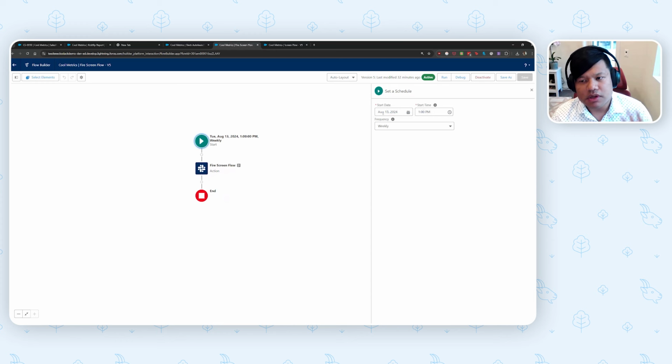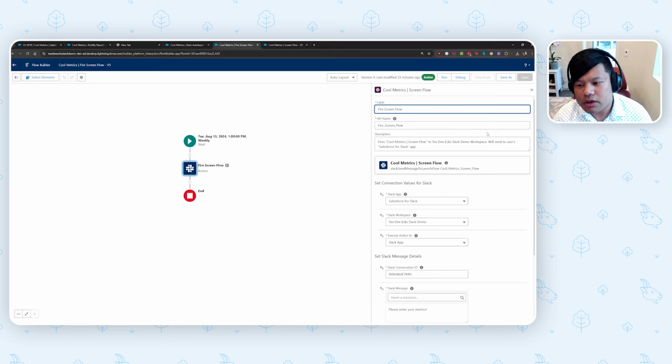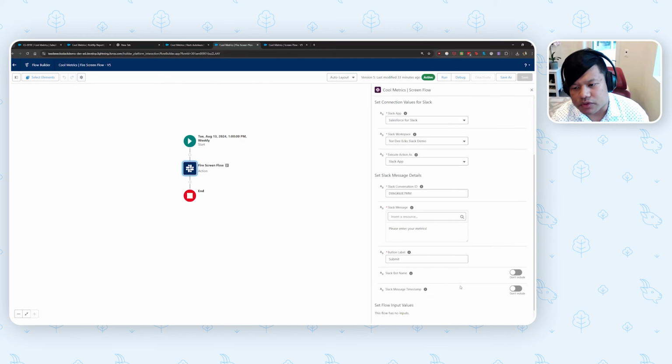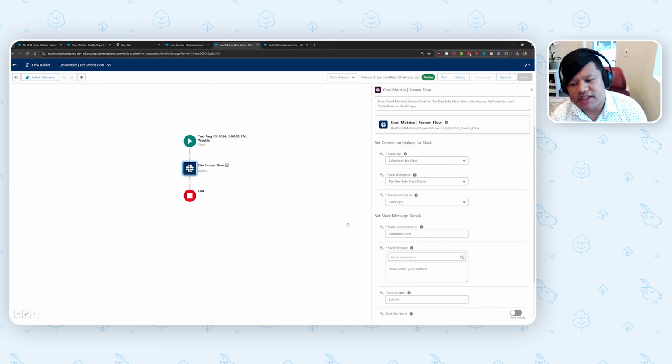So you can see we are setting a schedule. We can only do up to weekly. So that's one quirk with scheduled flows. But let's let it rock anyway. If we click into the action right here, that's what I meant with interfacing with Slack. There's some configuration you need to do on your Slack and Salesforce side just to link the things together. But once you do that, it's off to the races. So once we get this out of the way,